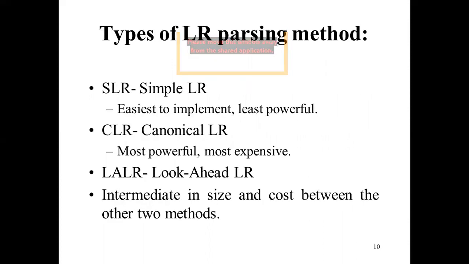Now, types of LR parsing methods. I am simply telling you these, SLR, simple LR, because this is not in your course, but I want to explain it because maybe in the future you will get multiple choice questions. So it is necessary to know about the types of LR parsing methods. What are the different types? First is called SLR, or simple LR, meaning simple left to right parser. This is the easiest to implement, but least powerful. Even though it is least powerful, it is simple to implement.